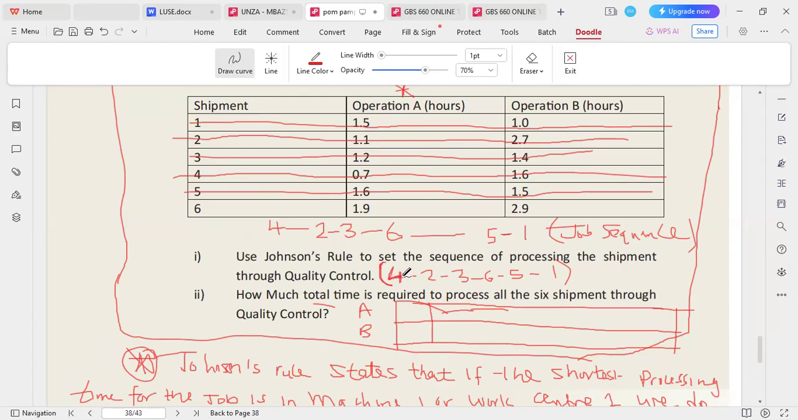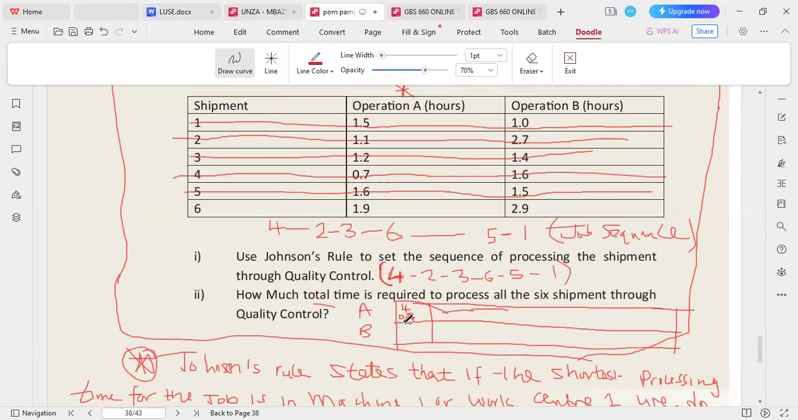Okay, so job 4 is a starting job and it's taking how many? Job 4, in operation A, is taking 0.7 hours. So by the time we are working on this job and taking 0.7 hours, what is going on here is